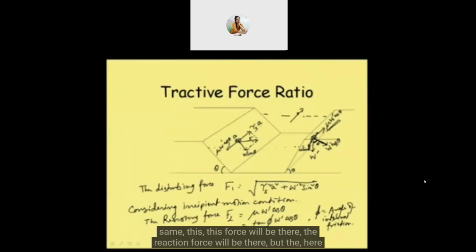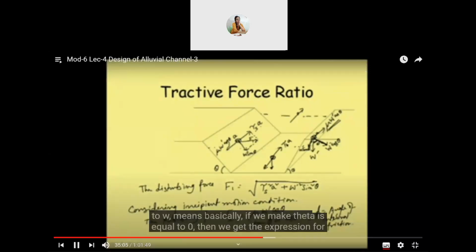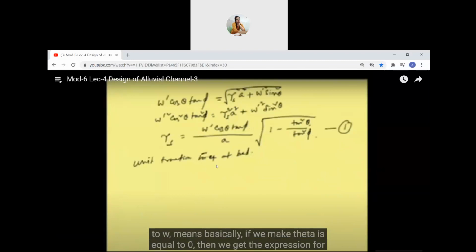This force will be there, the reaction force will be there, but if we take the bed, the same area, then this force will be there, and this is tau b into a. Then the weight component will be directly vertical, so there will be no component in that direction, and then the resistance force will come here. It is directly equal to W. Basically, if we make theta equal to 0, then we get the expression for